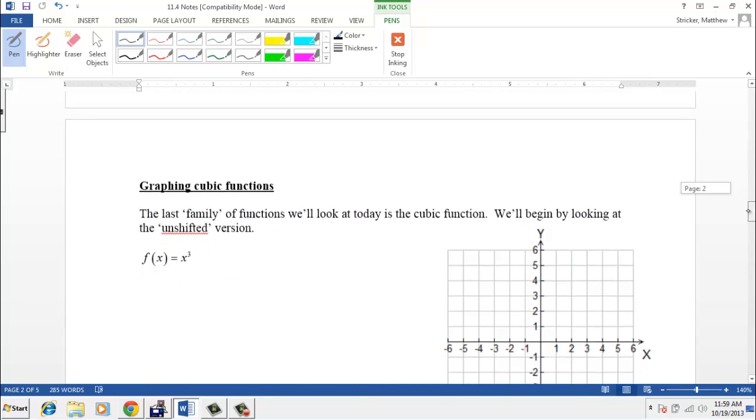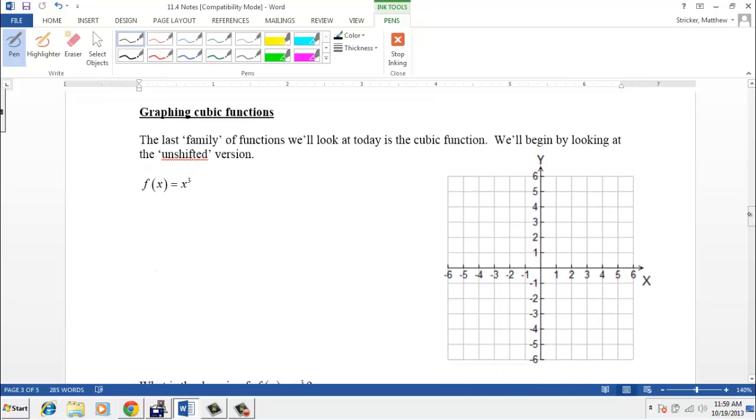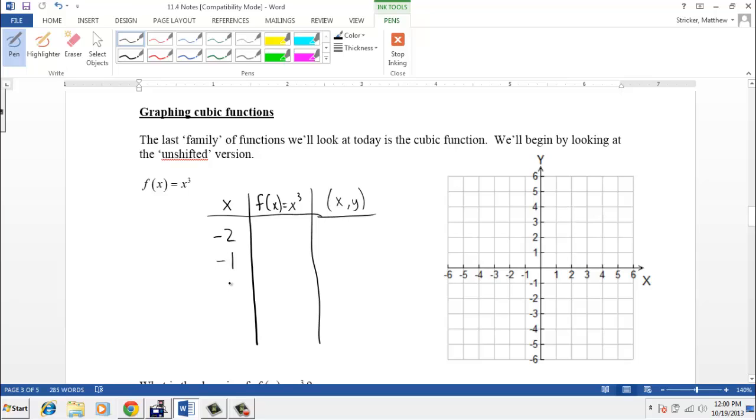Let's talk about the last type of function here. This is the cubic function. And if we take a look at f of x equals x cubed, let's go ahead and make our table like we've been doing here. We have x, we have f of x equals x cubed, and this gives us some values. If we choose x equals -2, let's even do -2, -1, 0, 1, and 2. Well, -2 cubed